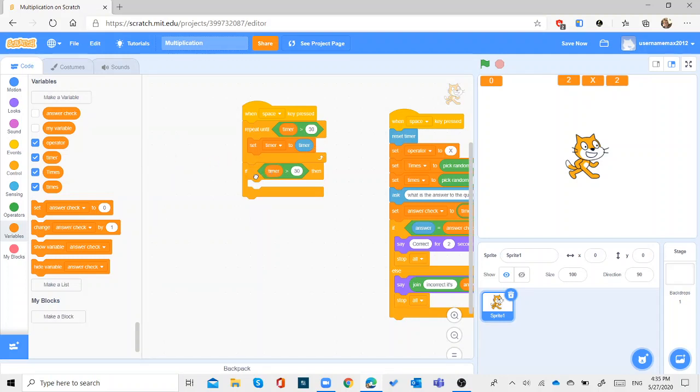If timer is greater than 30, we will say